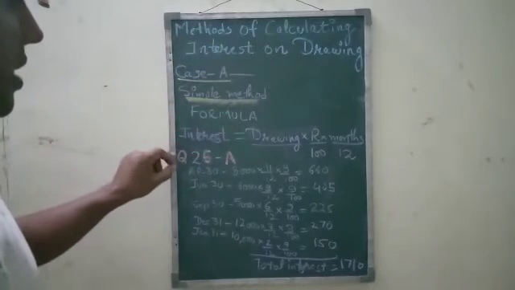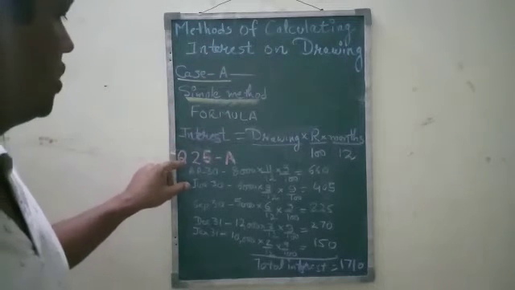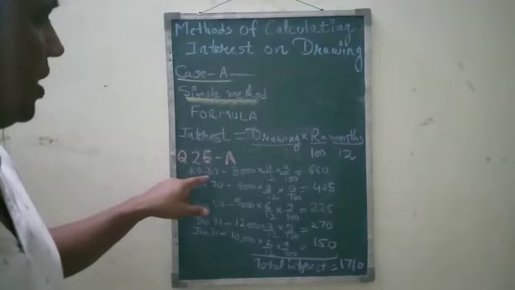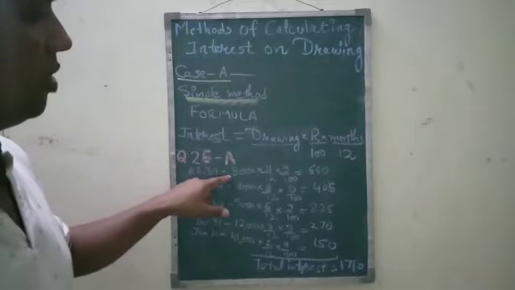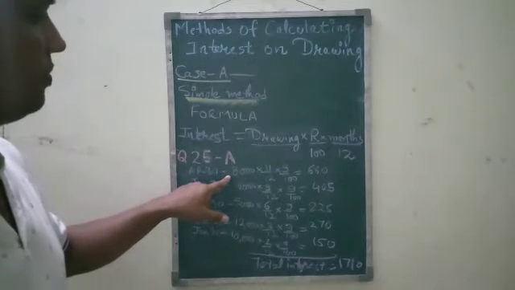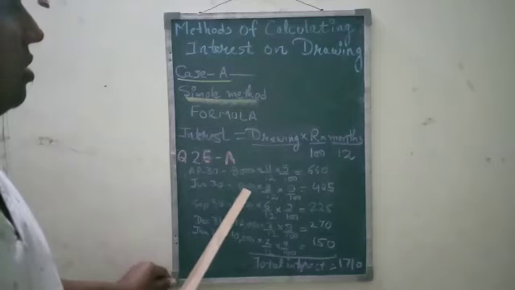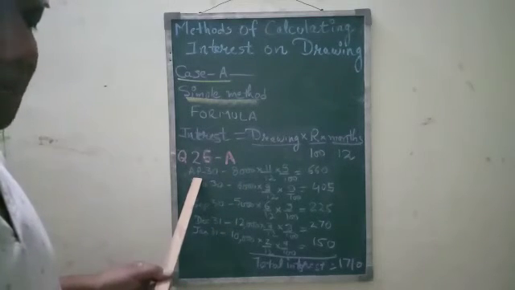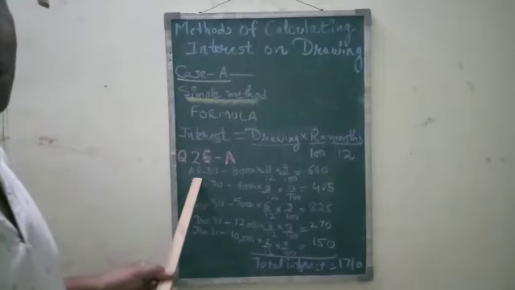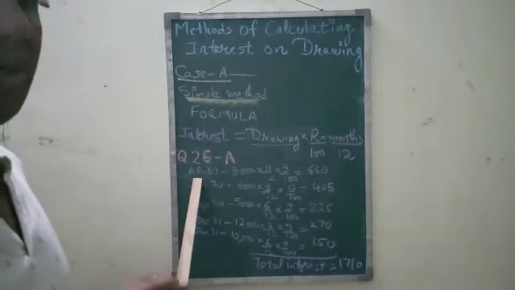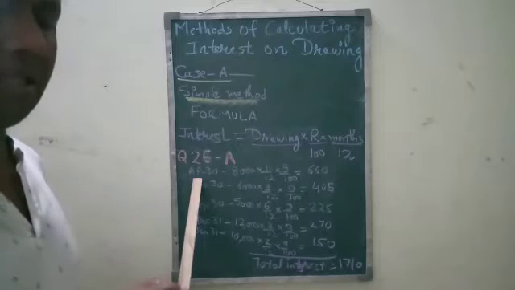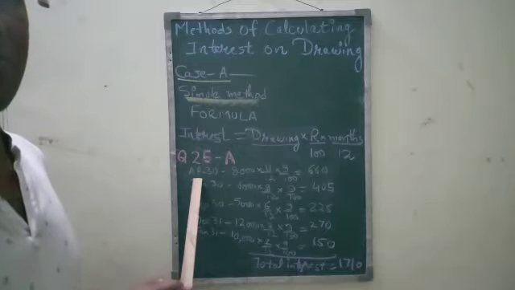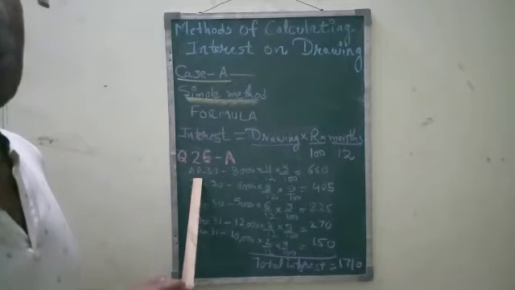For this we take an example from the book of D.K. Goyal, question number 25A. The first date of drawing is April 30. On this date the amount withdrawn is 8,000. From 30th April the month is not counted. If the amount is withdrawn on the first day of the month, then that month is counted. If the amount is withdrawn on the last day of the month, that month is not calculated.